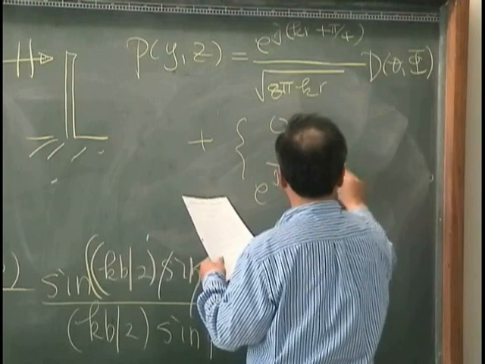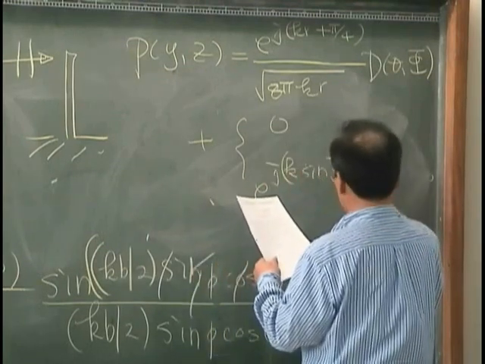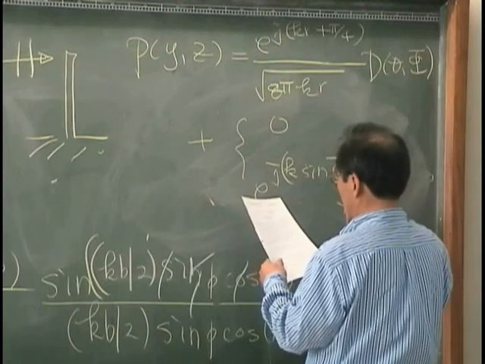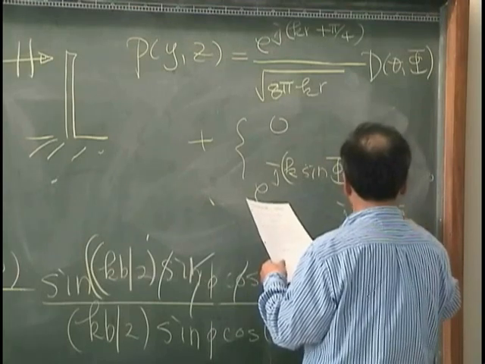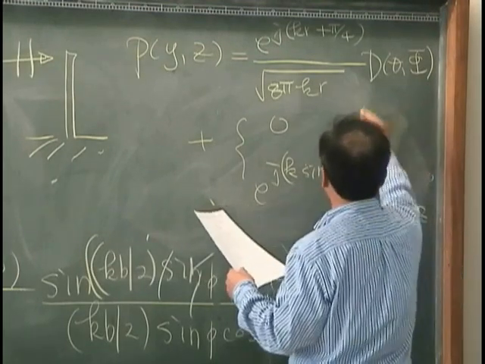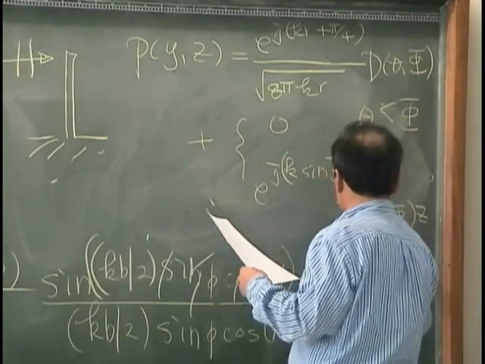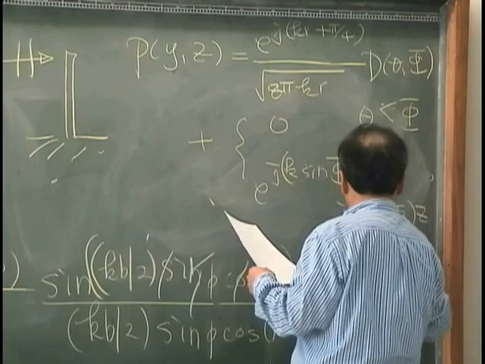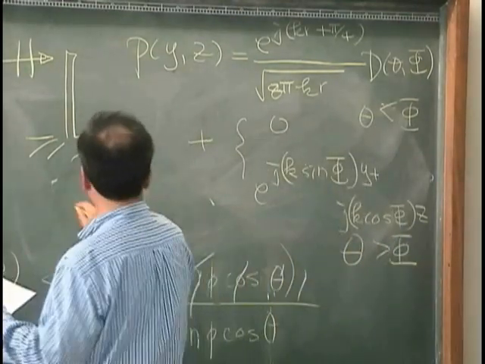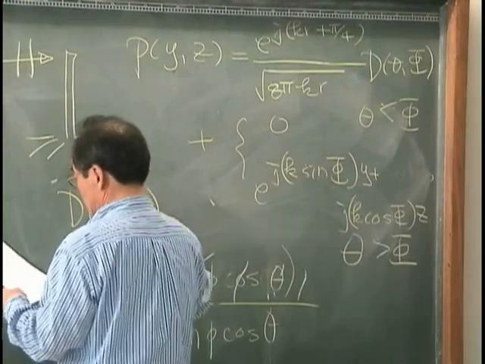sine phi y plus j k cosine phi, times v. This is when theta is smaller than phi, and this is when theta is greater than phi, and v(theta, phi) is